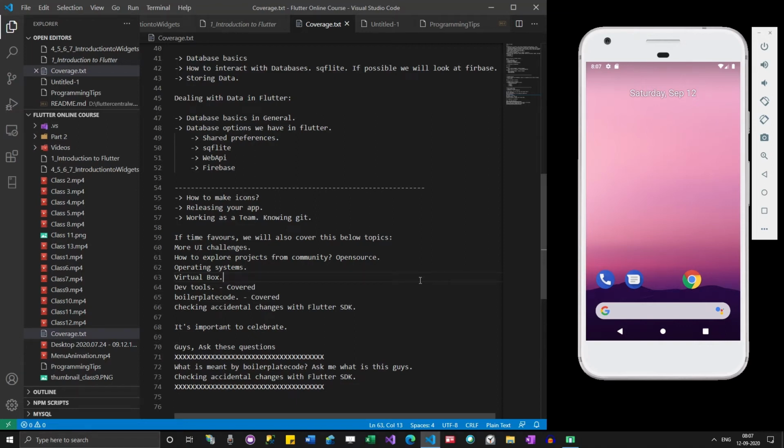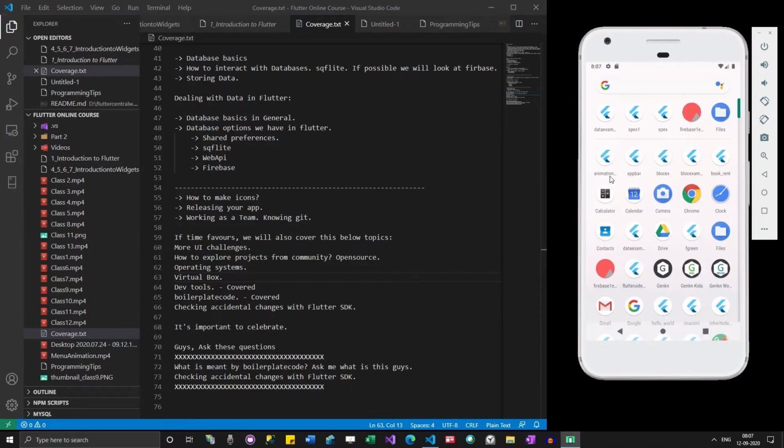Today, we are going to look at how to make icons for your Flutter application. When your application is created and you load it onto the mobile phone, you'll have these icons. As you go here, you can see a number of icons. For Flutter applications, you will see some default icons. These are the default Flutter icons. But if you want to change that icon, you need to follow the steps which I am going to do now.